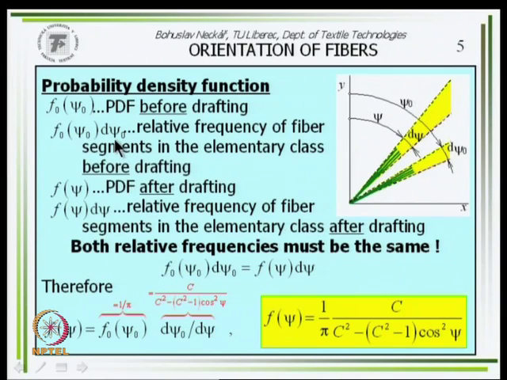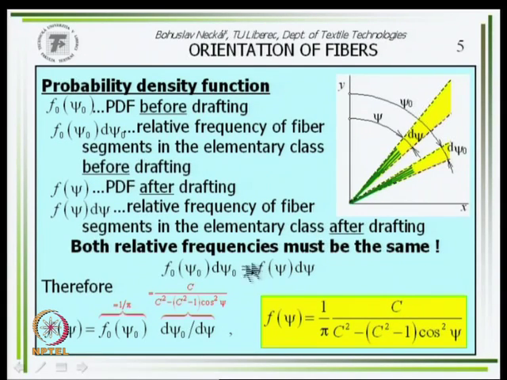So f0 psi 0 times d psi 0 is the relative frequency of fiber segments in the elementary class before drafting. After drafting, a new probability density function is coming. It is a probability density function f psi without zero subscripts. So f psi d psi is the relative frequency of fiber segments in the elementary class after drafting